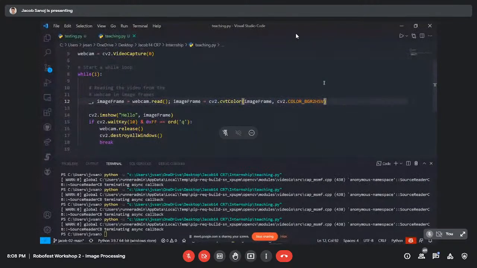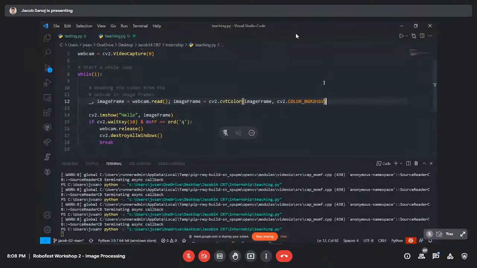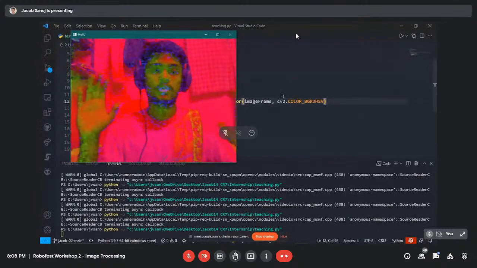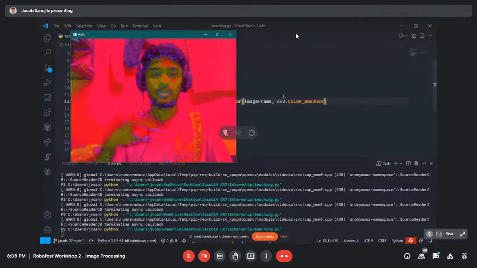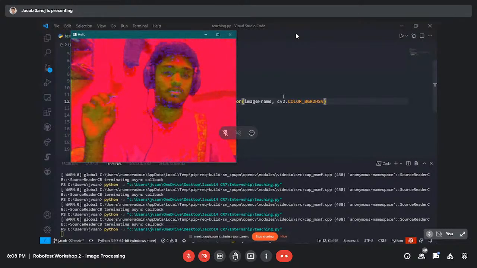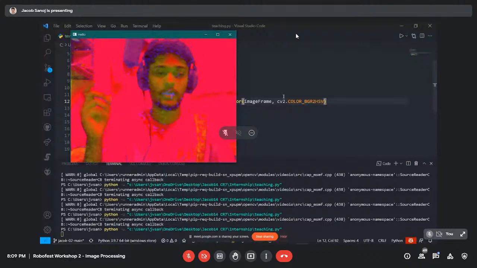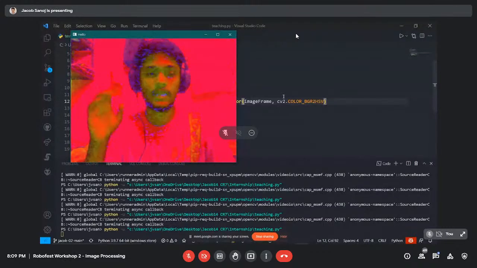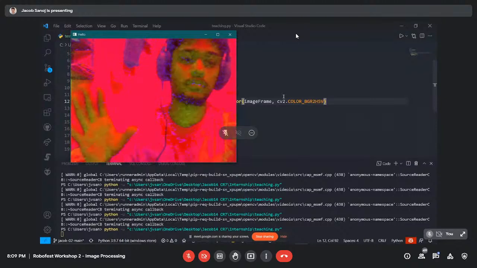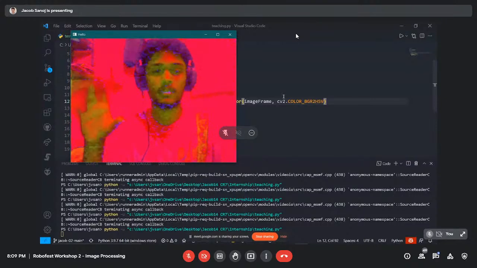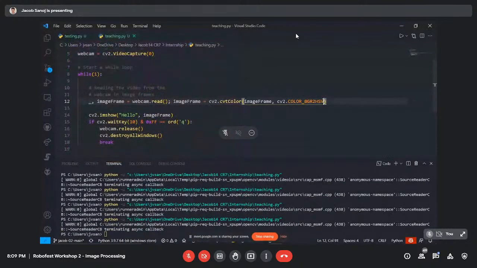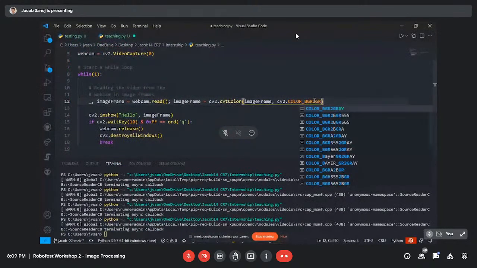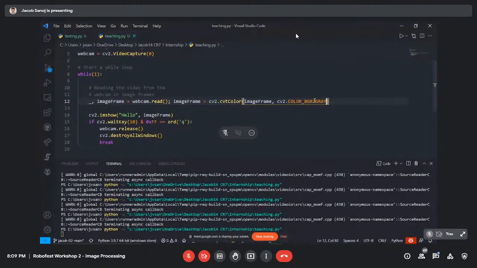So here I'm converting the image frame into HSV format. If I run this, yeah, you can see the image frame is in HSV form. So this gives you hues and saturations instead of the RGB form. It'll take the color and depict it in the form of hue and saturations. So if I want to convert it into grayscale, I get,